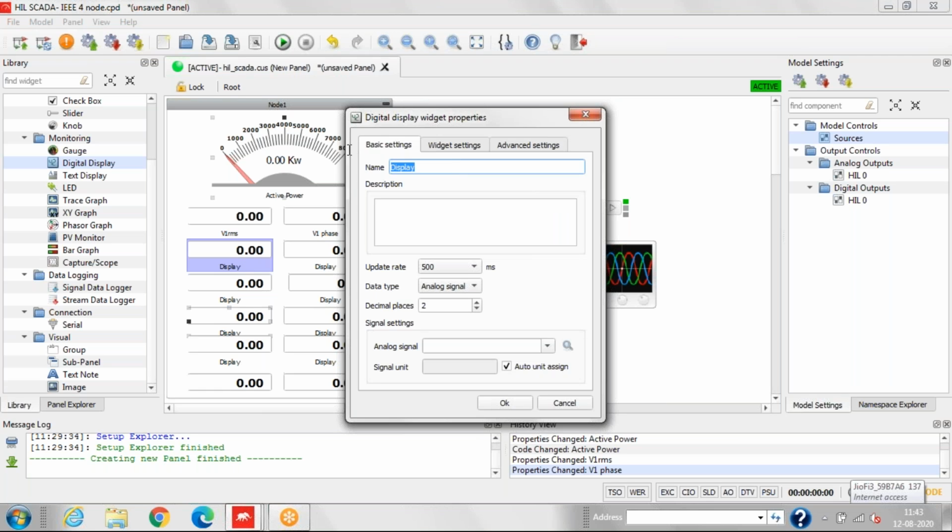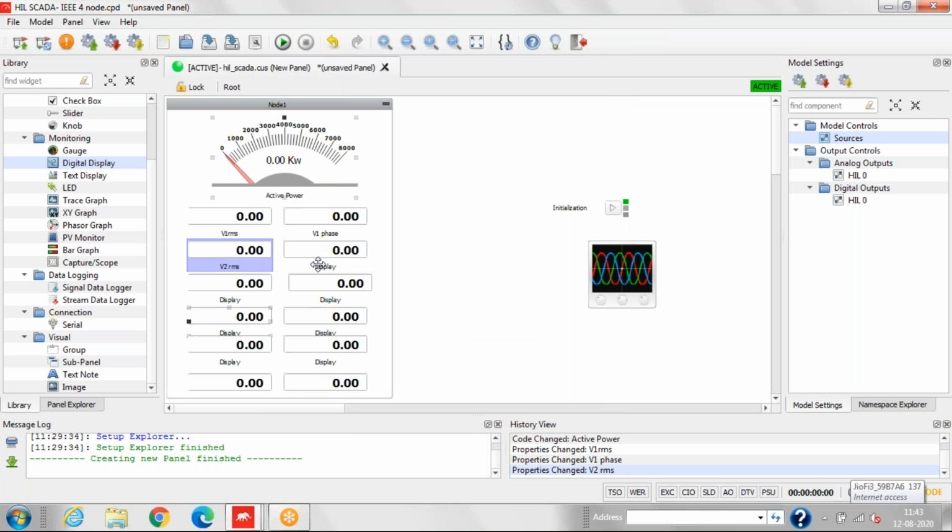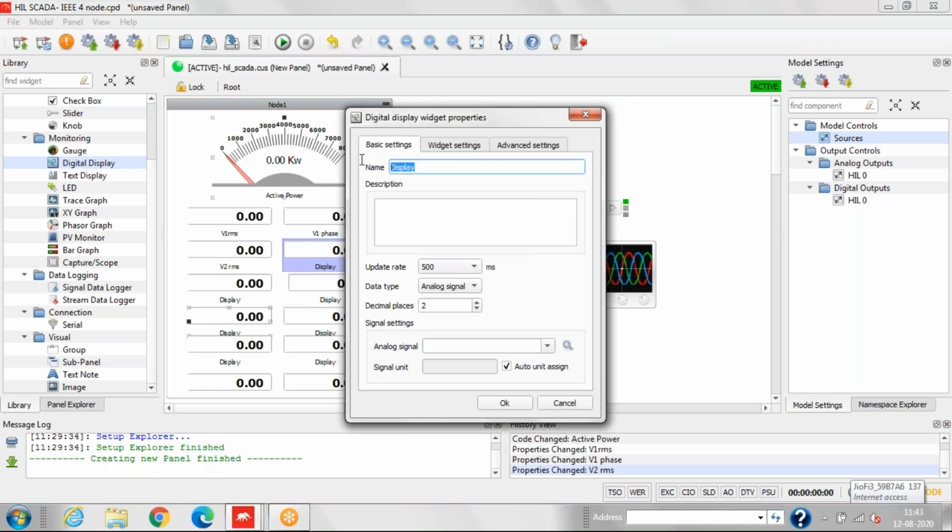Now we'll select V2 RMS. This is for V2 phase.